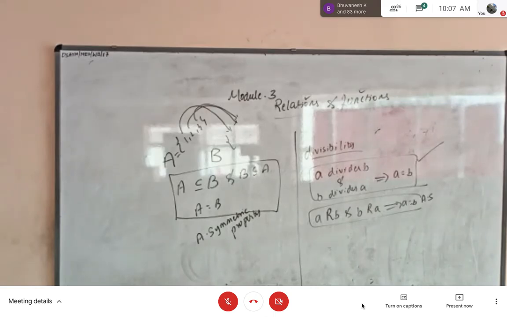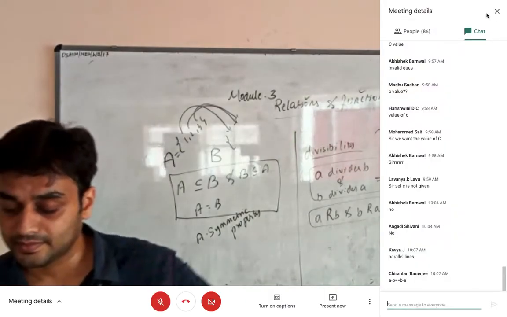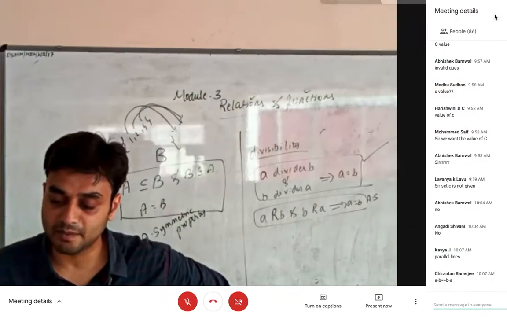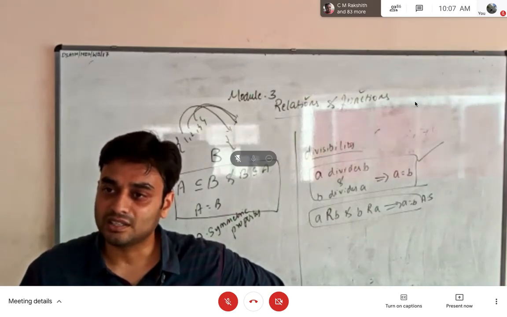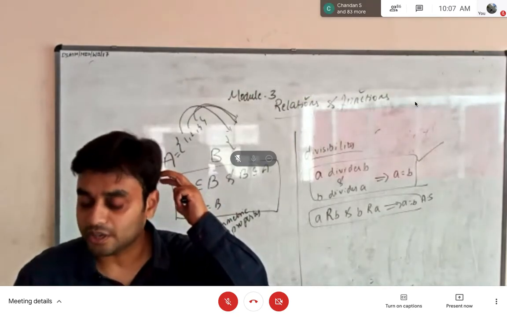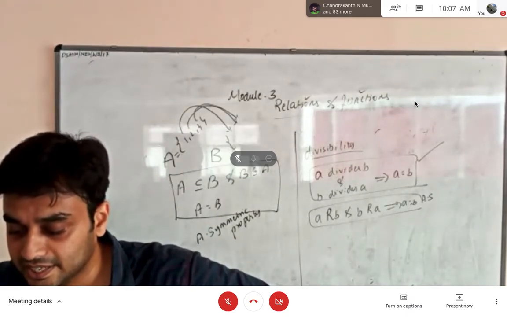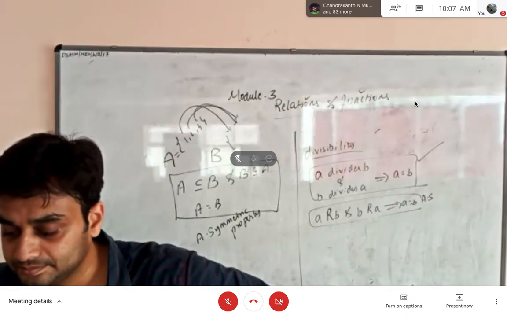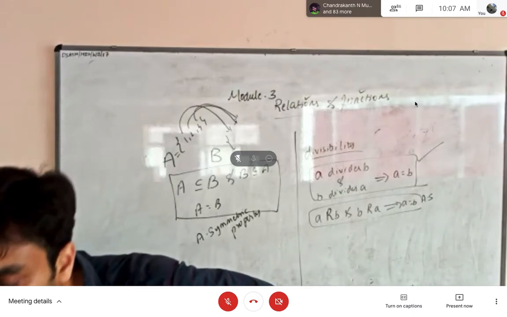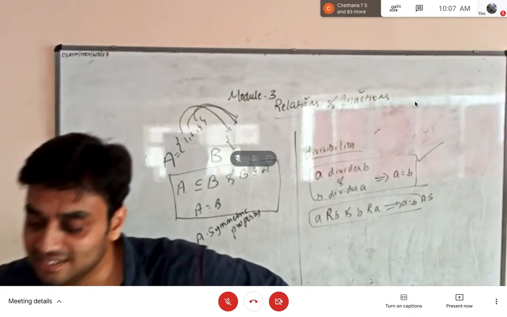Banerjee, what you have told is A minus B is equal to B minus A. Okay, what you are telling is A minus B will be equal to some element, and it will be equal to the same number when, okay, fine. Next. Any other example? Parallel lines. What is a parallel line?